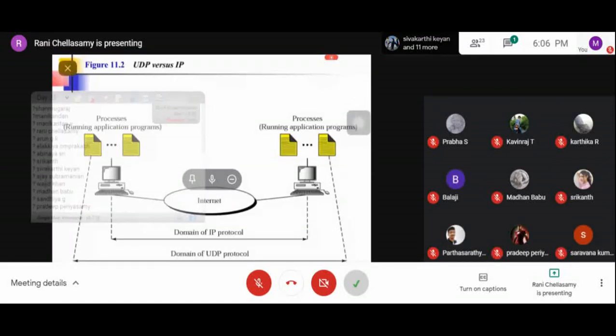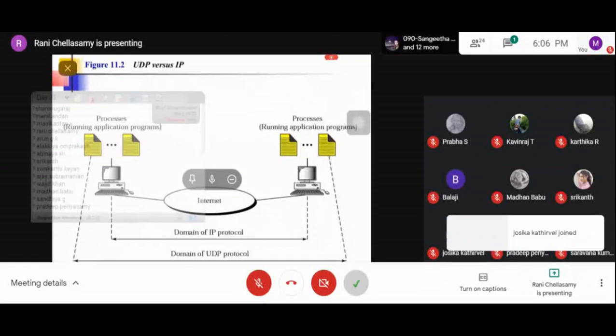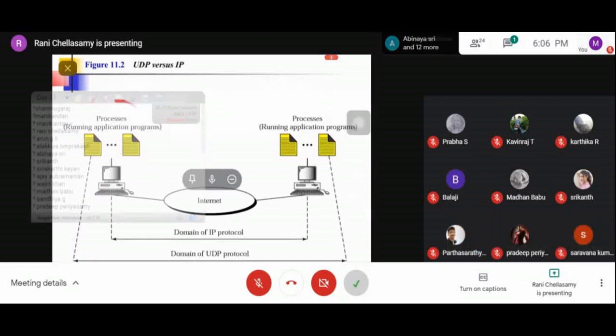Here you can see the UDP and IP protocols. UDP acts at the transport layer, and IP acts at the network layer. Here are the processes. By process I mean whatever application program is run or executed by the operating system.